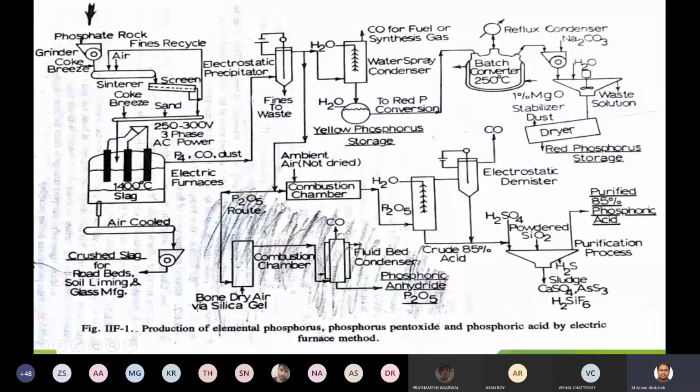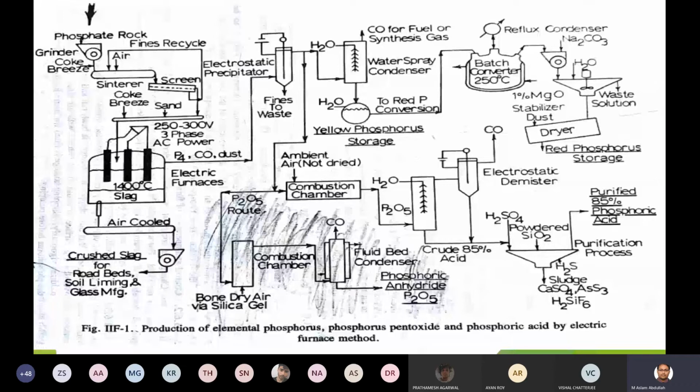Now comes the fourth part. There is another way of production, other than phosphorus pentoxide. Now I have to produce phosphoric acid. How can I produce phosphoric acid? See, in the combustion chamber I mentioned bone dry air, which means you don't have any moisture at all. Here for the production of phosphoric acid, once again I am passing into a combustion chamber. Here I have clearly mentioned ambient air, not dried. It means the air will have moisture. Now my role is to remove the moisture and to remove the nitrogen.